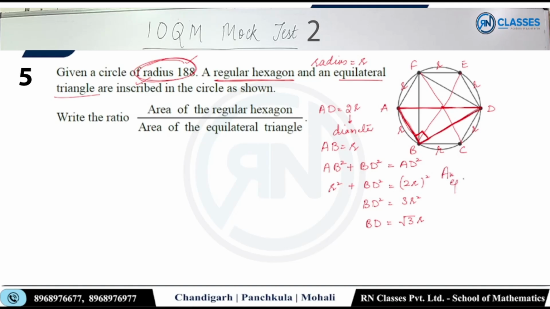अब इतना ज्यादा सिंपल हो चुका है क्वेश्चन, क्योंकि एरिया ऑफ एन इक्विलेटरल ट्राइंगल मैं सीधा निकाल सकता हूं, रूट 3/4, रूट 3/4, 3r स्क्वायर, डायरेक्टली लिखो यार। ठीक है, सो 3√3/4 r स्क्वायर, एक चीज तो मिल चुकी है।